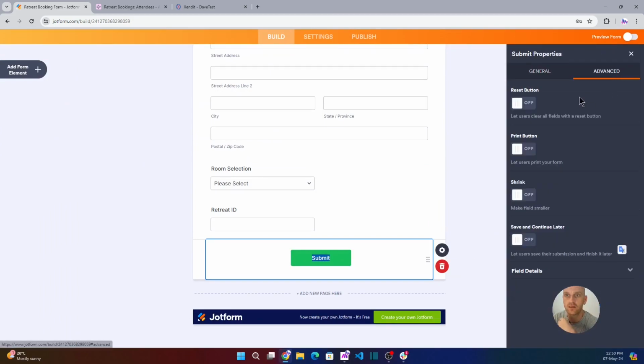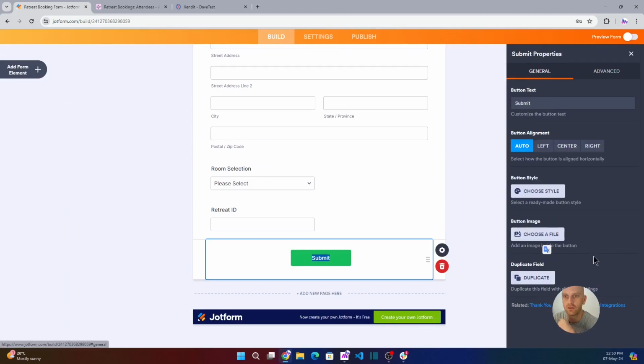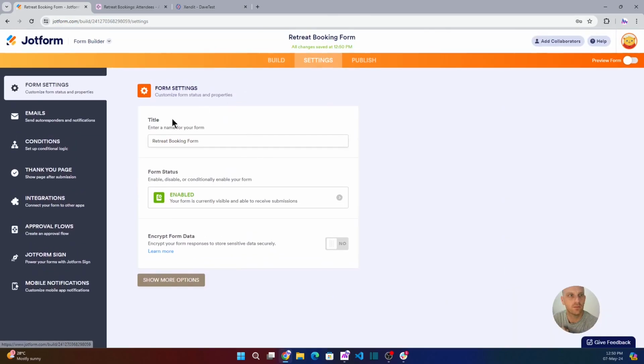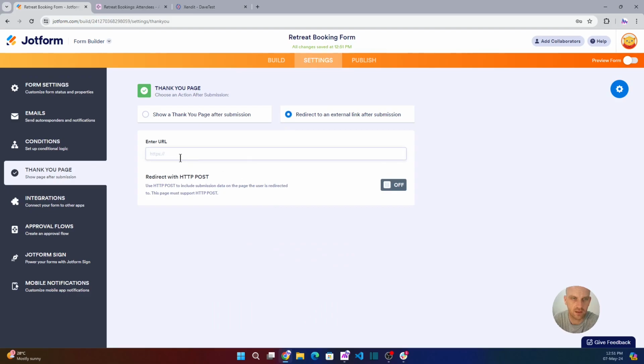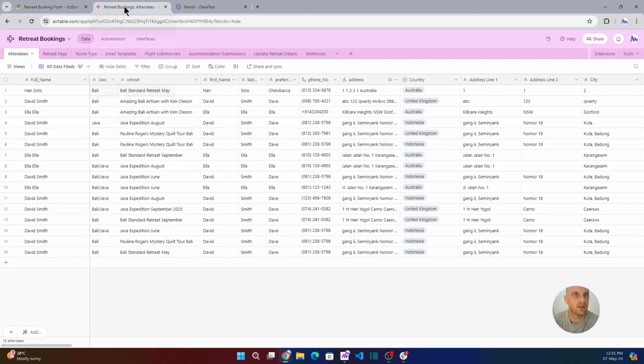So advanced, general, duplicate field, button image. Settings enabled, retreat booking form, thank you page. So instead of it going to the thank you page, we redirect to external page. And if we go back to our Xendit, to our Airtable,